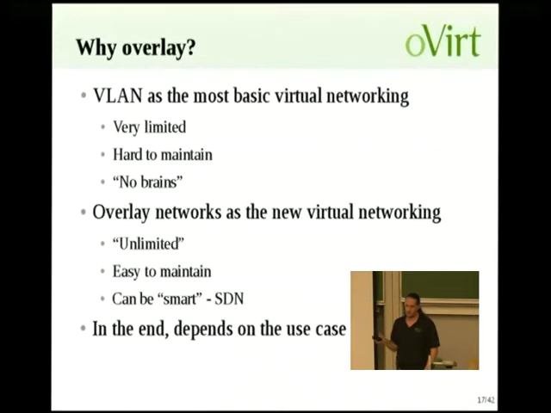And it also can be smart. If you're using an SDN controller, it will direct the traffic and make it flow in the best possible flow for the network. So basically, overlay networks look on paper like they're a lot better, but of course it depends on the use case. VLANs are still a bit more high performance in some cases because there's stuff like hardware offloading. So hardware basically supports VLANs, and it doesn't support